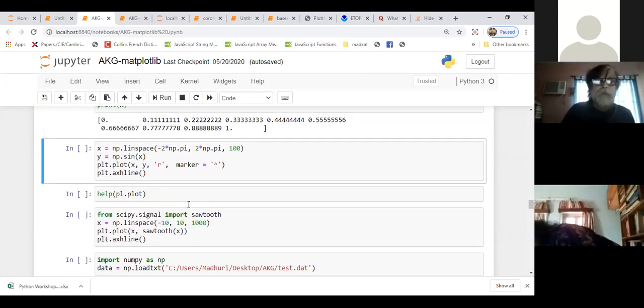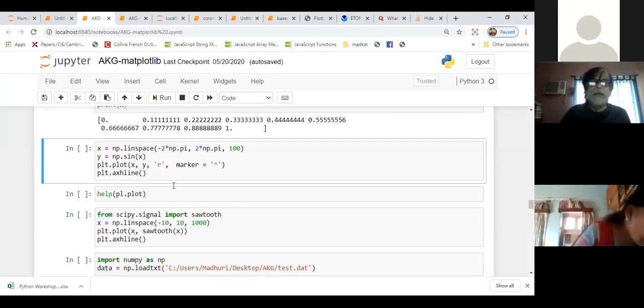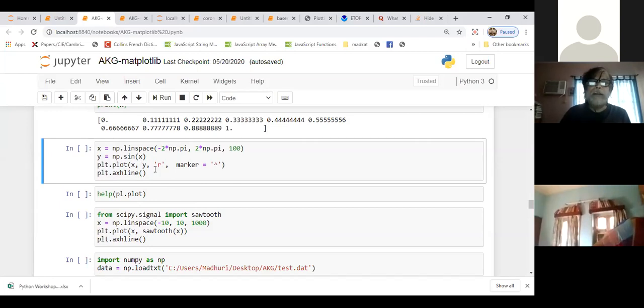Okay, and now I can write another. I can plot the sine function. Say I write np.linspace. So I create the values from -2 pi to +2 pi.